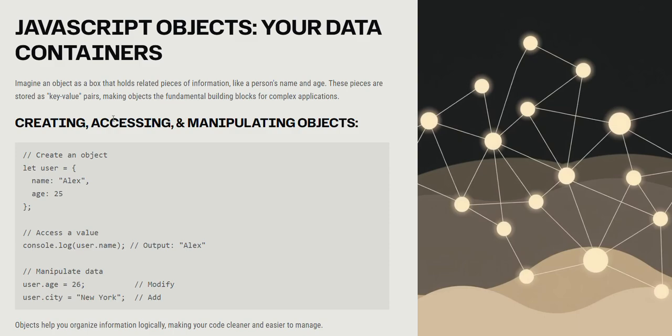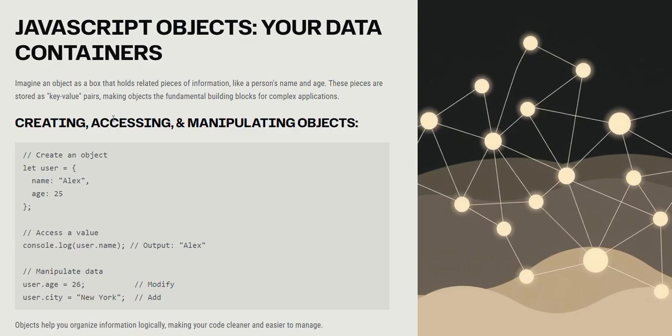Creating, accessing, and manipulating objects. That is how we are creating: we use let user equals name Alex, age something, closing with a curly brace and the semicolon. Here let is a type of variable we can choose. We will discuss that further. Coming to accessing, we use it just like